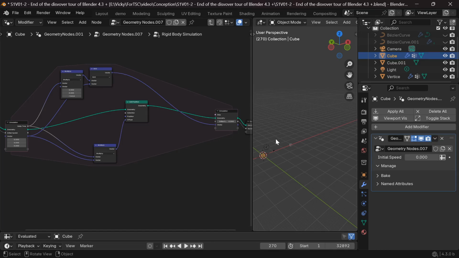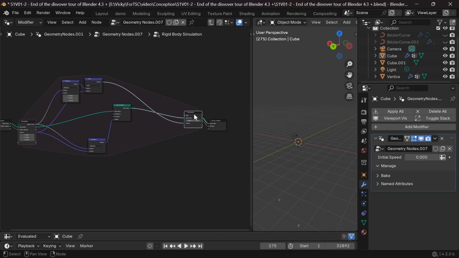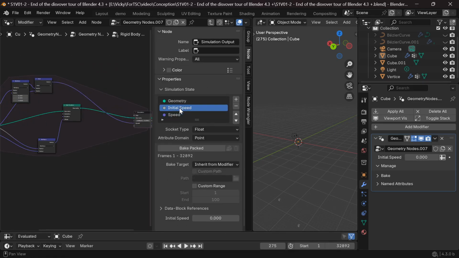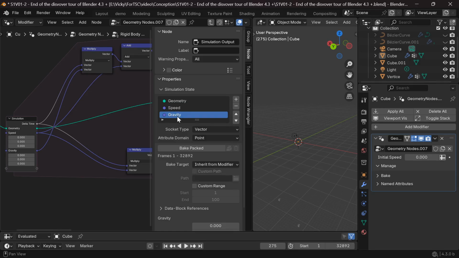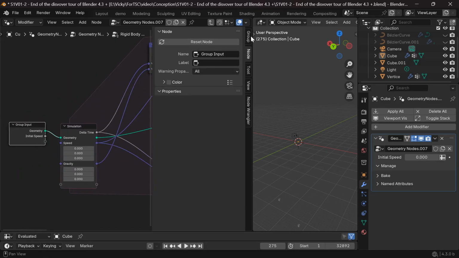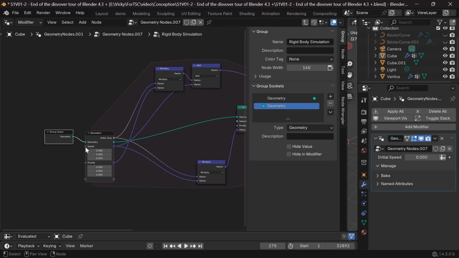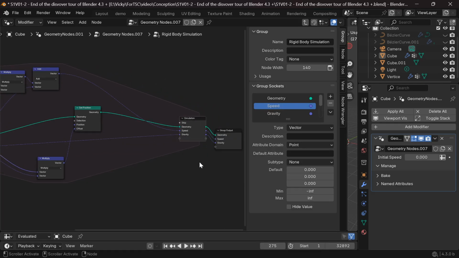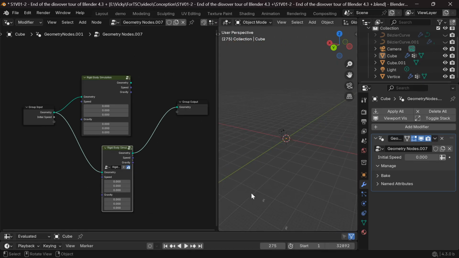That means, if we want, we can now simulate with the speed opposite to the gravity and simulate a rocket launch. The second thing is to replace the float gravity with a vector. Like before, we just have to change the multiplication for a vector node. We finish by doing the same for the add node after. We connect the vector speed to the output of the simulation and check the simulation. It's good. Now, I change the name of the vector input and add the gravity to the input. Like that, we can now simulate a rocket launch on another planet.